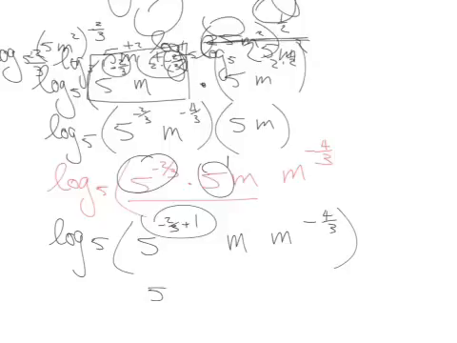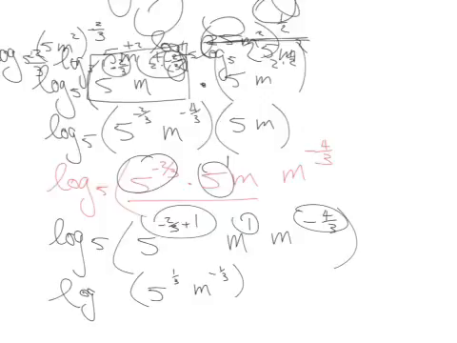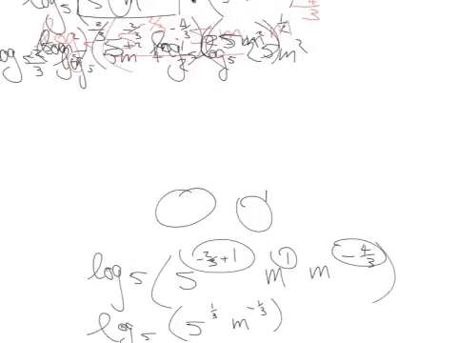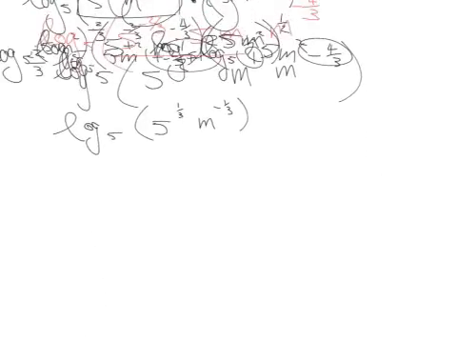So I get 5 to the -2/3 plus 1, so that would be a 1/3. Let's do the same thing with our m. We have a 1, and we're adding a -4/3, so that would give me an m to the negative 1/3. So I've got that, and don't forget my log base 5. Alright, so now what I'm going to do is write those as a fraction, because that negative 1/3 is kind of in the way. So let's go ahead and write this as log base 5 of 5 to the 1/3